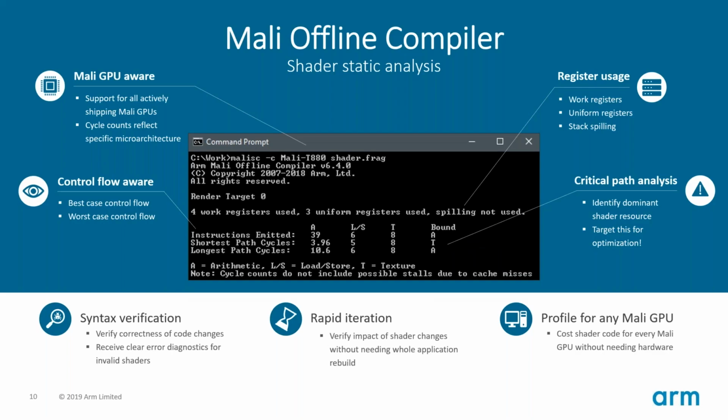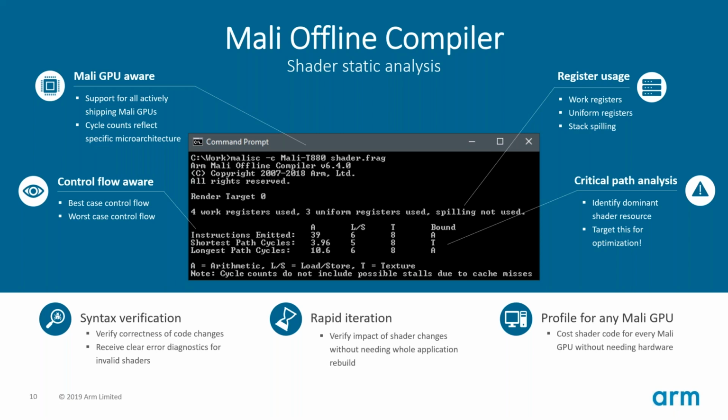The offline compiler is a command line utility for generating static analysis of shader programs. It will give you information about functional correctness. So if you have any compilation errors, it will give you a clear error message about what's gone wrong. And it's also a performance tool that will give you static analysis about the performance of a particular shader for